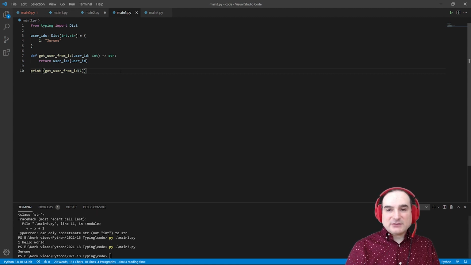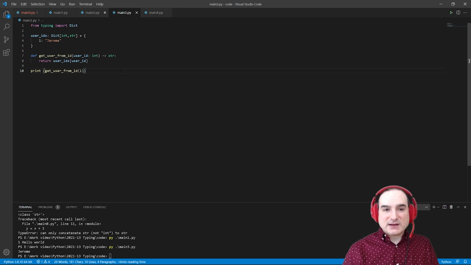When Python programs are compiled into bytecode and run, these type hints are all erased, and they're not used by the Python runtime itself. But the more annotations you have in your codebase, the better the linter or type checker that you're using will be able to check ahead of time for possible issues with types.